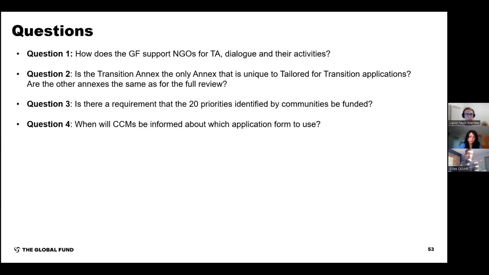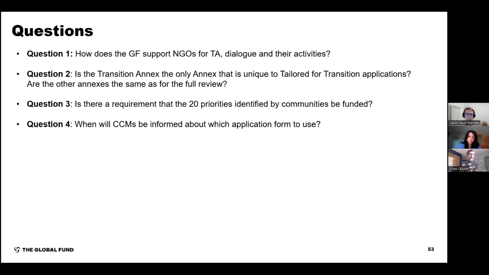The first one is we have a specific dedicated technical assistance mechanism, which is called the Community Engagement Strategic Initiative. And you can find information on the Global Fund website on how to access this technical assistance mechanism, which is a mechanism of technical assistance to support communities in the broad term during the